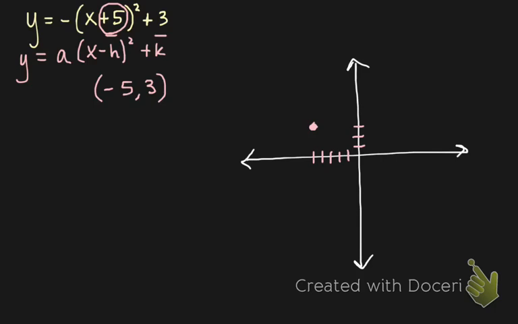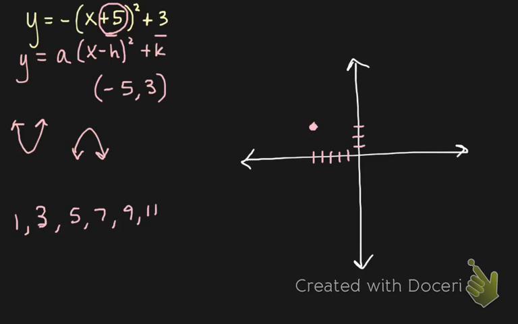Now, in order to sketch the rest of this graph, we do need to look at the a value. Since our a value is negative in this case, that means instead of our parabola opening up, it's going to open down, since we do have a negative graph now. We also have what's called the step pattern that we have looked at. And one thing that we have noticed is the step pattern is all of the odd numbers when the a value is equal to 1. And the step pattern is how we go from one point to the next while graphing a quadratic.